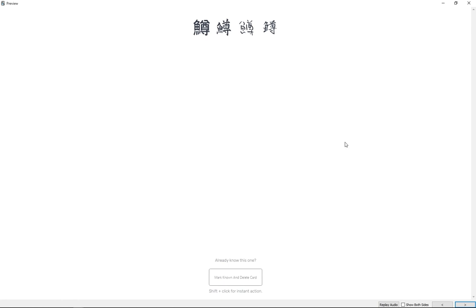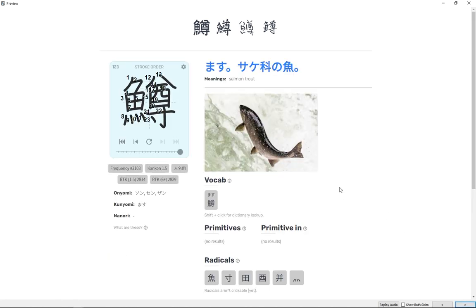Okay, and here we have a recognition card. On the front of the card you see the kanji, and your goal while reviewing would be to come up with the meaning of the kanji. And if we turn it around, you can also see another feature of the cards. You can add pictures. There's a custom data field, and you can add pictures to this. So for example, this is the kanji for a fish, and so I added a picture of a fish because it's just a little bit more memorable.